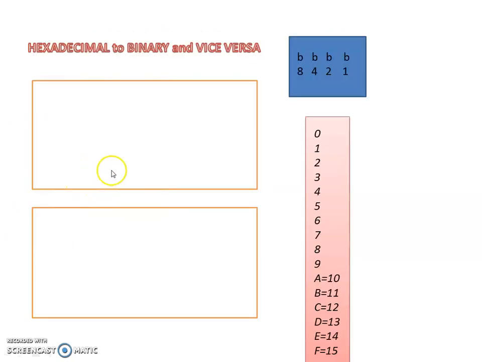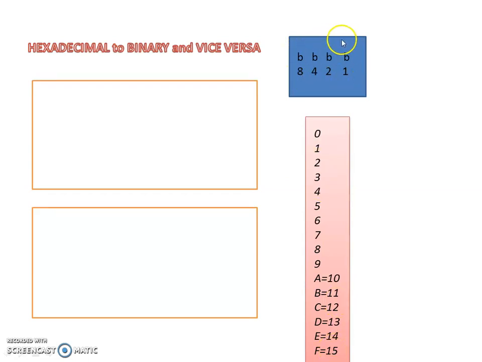In this picture we'll understand how to convert from hexadecimal to binary and vice versa. Here I have written 4-bit, and you know that hexadecimal represents 16 digits from here to here. So a 4-bit binary representation will represent all the hexadecimal digits. If all the bits are on, meaning 1111, you add these place values and you will get 15.